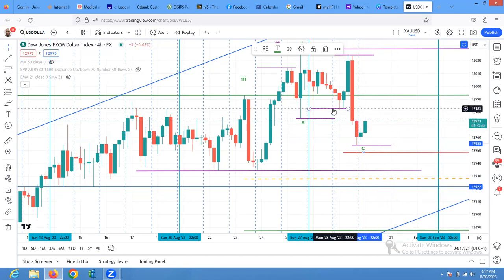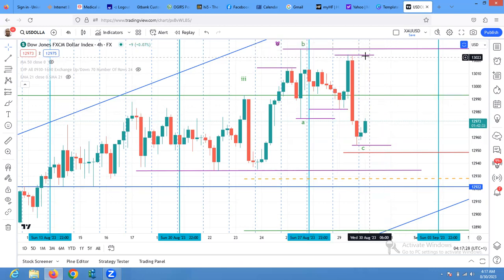But for me, the structure is not complete, and that is why I'm still calling for more upside now. The structure is not complete with what we know, even though it has reached an extension of 161.8. The structure is not complete. I cannot see a wave 1. I can't call this a wave 1, a wave 2, a wave 3, a wave 4,